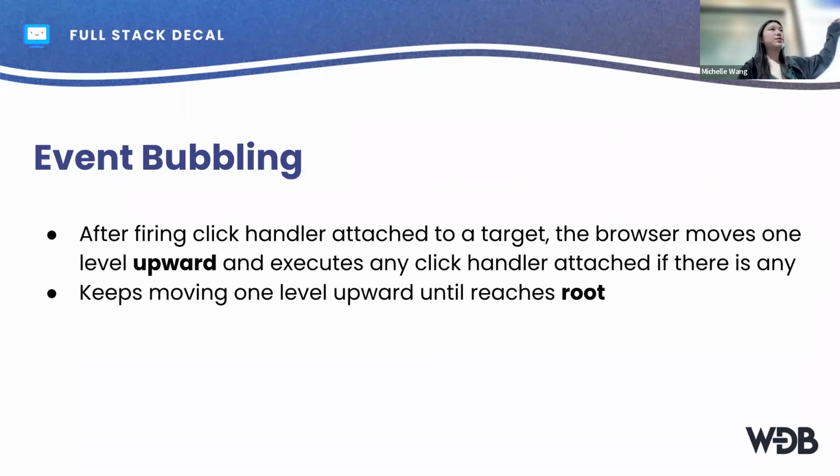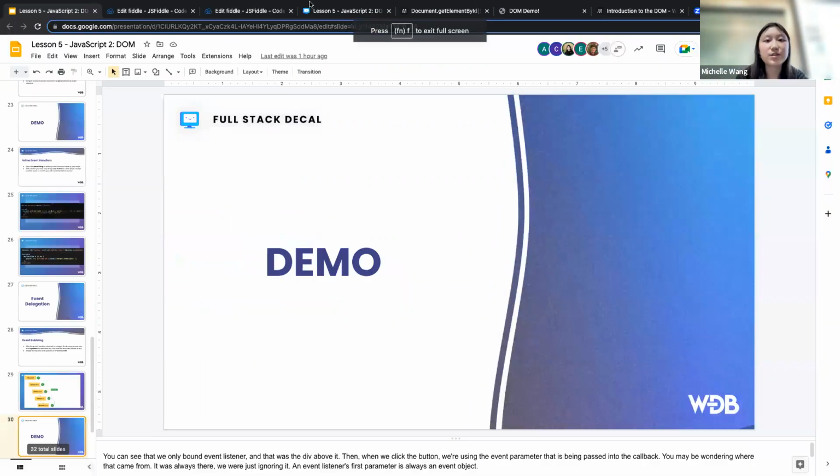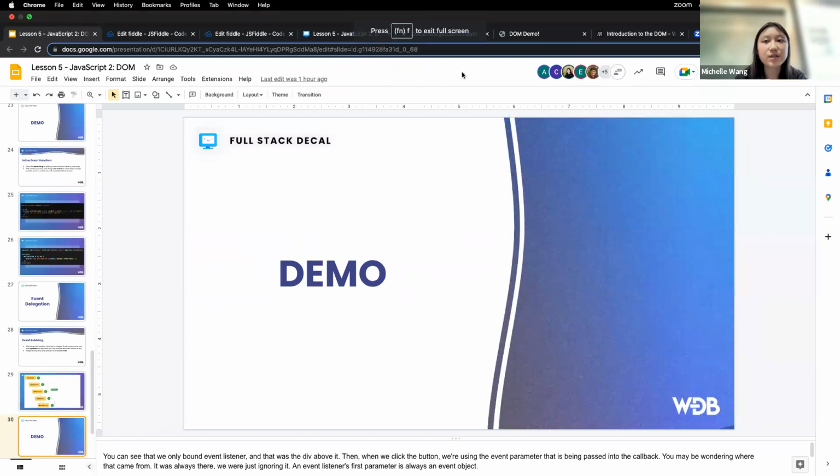Whatever your parent node is, if something happens there, it'll show up on the other elements, if that makes sense. So as you see, it goes down and then back up, just like a tree. And to demo this,